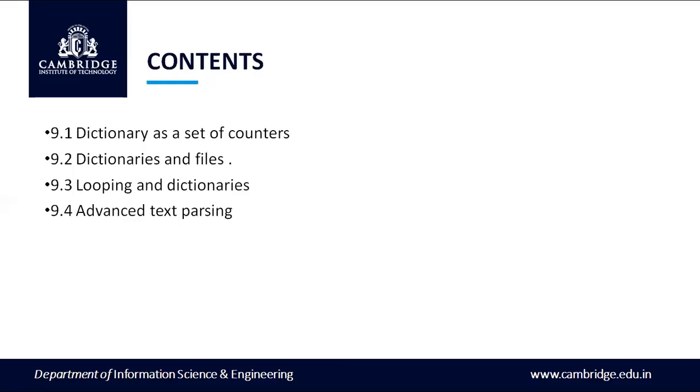So previously we studied the basic creation of a dictionary: how to create an empty dictionary using the built-in function dict, the in operator, and the length function. We also used a dictionary as a counter, and a shortcut called the get method to count the appearance of words or the frequency of letters in a string. Today we'll continue with the rest of the topics from the chapter dictionaries.